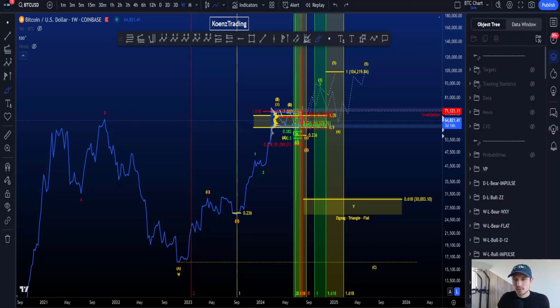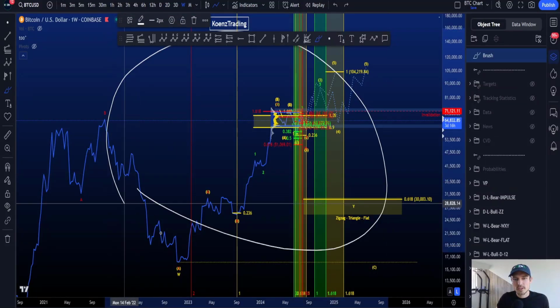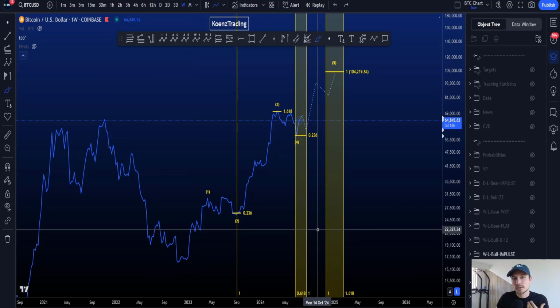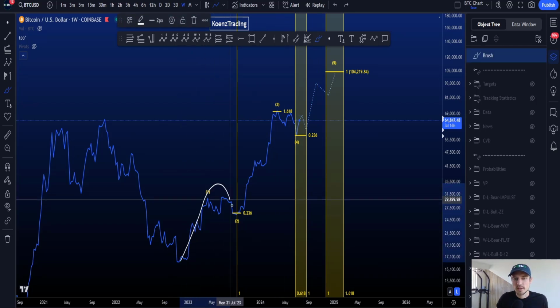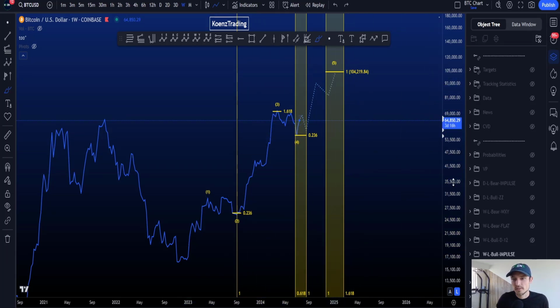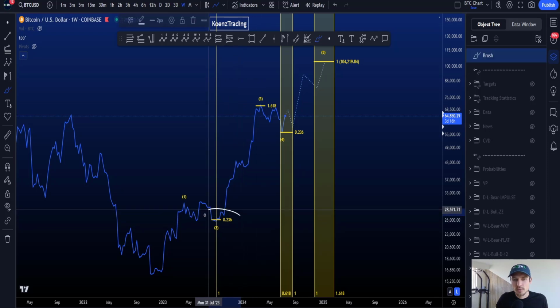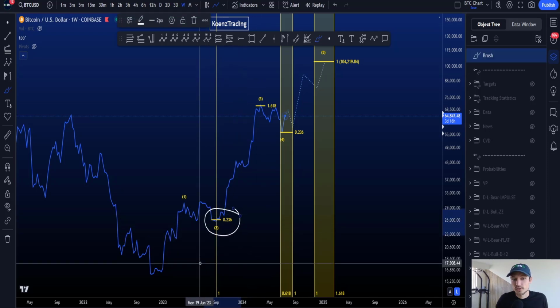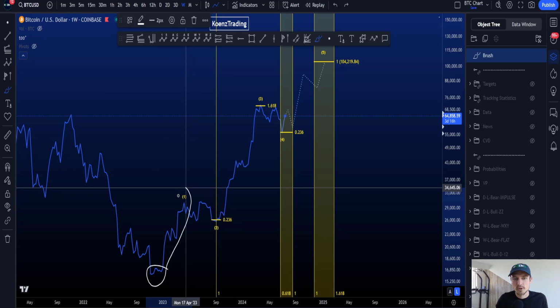Hi everyone, let's go over my bullish and bearish Elliott wave scenarios on Bitcoin, starting with the bullish scenario on a weekly time frame where we have a 5-wave impulse, 1, 2, 3, 4, and eventually looking for a wave 5 towards the upside. Your wave 2 retraced to the 0.236 Fibonacci, taken from the low to the high of